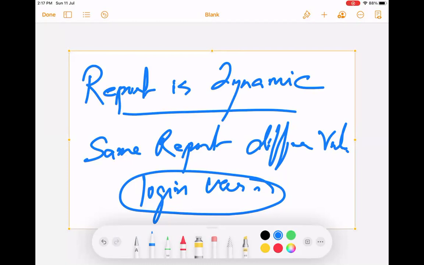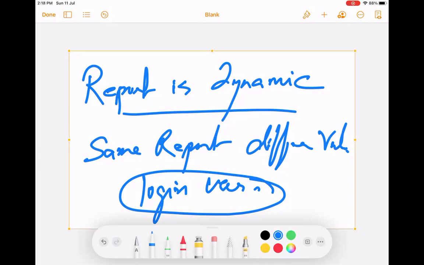Any idea? Because of the permission sets we provide to owners, non-owners, etc. Not permission sets, because of the actual row level security, record level security. So if that guy is a manager, then probably he can see everybody's records. If that guy is an employee, then probably he can see only his records, right? So same report will show different values for different people, whoever is logging in. So that is different.